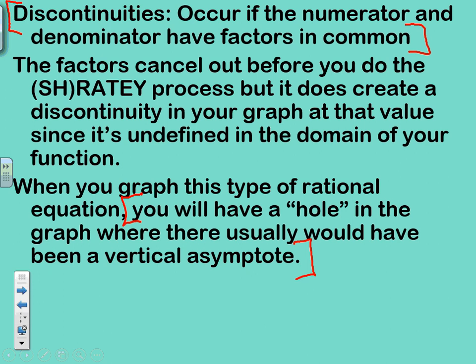Okay. Now the last thing that we're going to be talking about, part of your homework assignment, is going to ask you to graph a function that has what we refer to as a discontinuity, or a removable discontinuity. That means essentially there's a hole in the function. The H in the Schrade process, if you recall, stands for a hole. A hole comes from after we simplify the rational function. If there's a factor in the numerator and a factor in the denominator that are common, they simplify to be